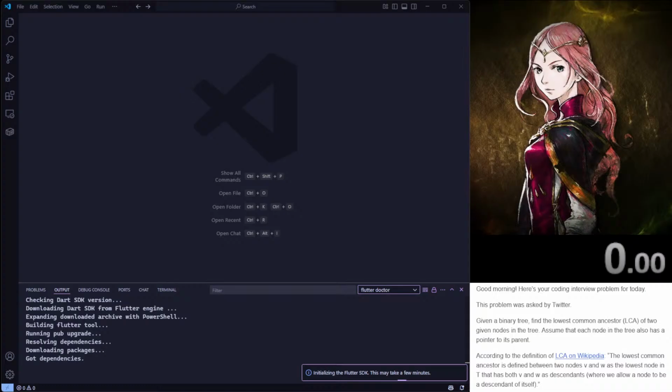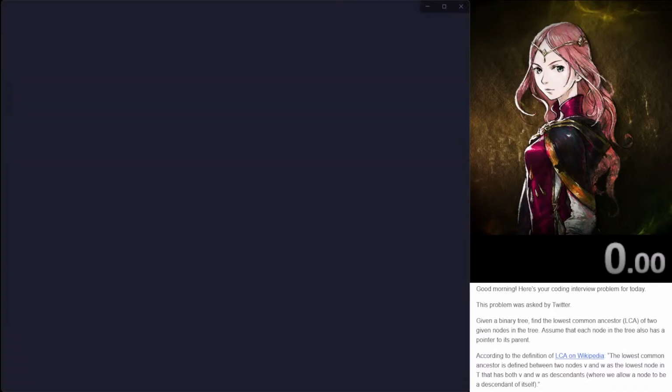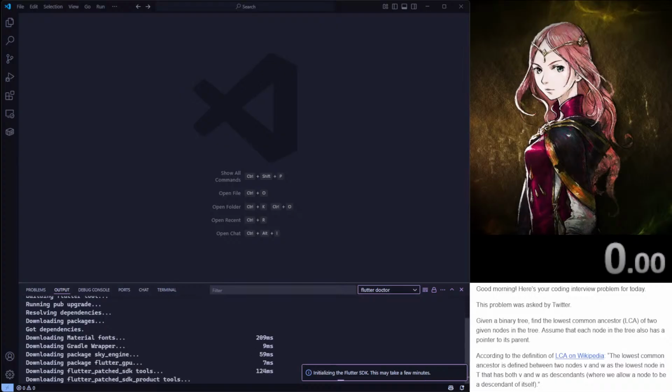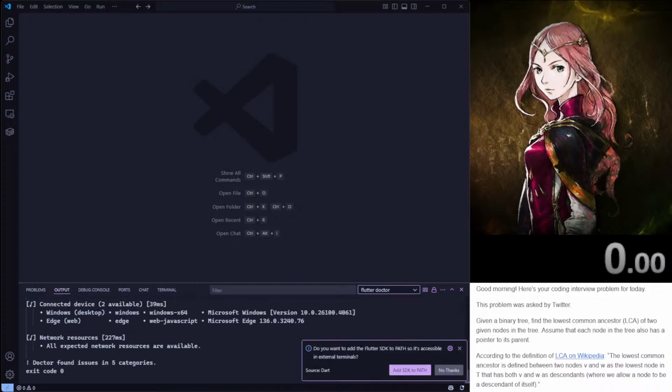So the lowest common ancestor is the lowest node in the tree, aka the first node that you would encounter going up the tree. That is an ancestor by virtue of being up in the tree, and the lowest one by virtue of being the first one of two nodes, so that's the common part. So what that means is that if you have two nodes, and preferably these two nodes are distinct from each other, then